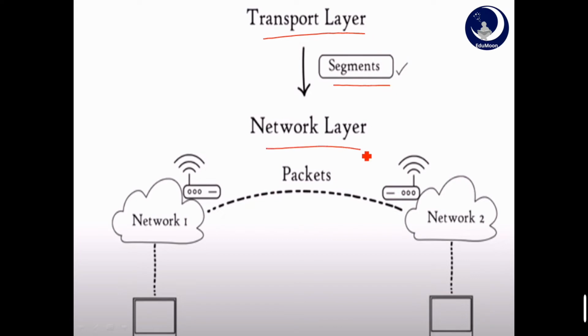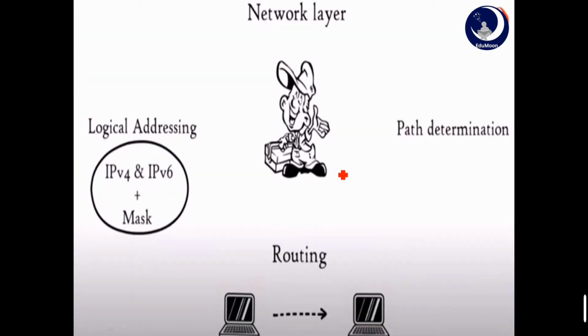And this network layer helps in transmission of different data segments received from one network to another network. Here the data units are known as packets. This is the layer where the routers reside. The functions of this are logical addressing, routing, and path determination. Logical addressing uses IPv4 and IPv6 addressing modes. Each computer has a unique IP address. And routing is a process where the data packets move from the source to the destination.